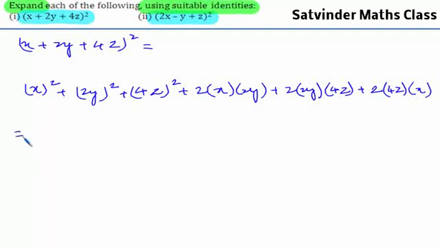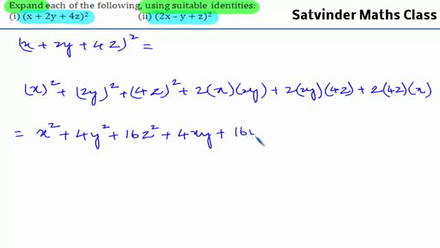Upon simplifying this, we will get x² plus 4y² plus 16z² plus 2 2's is 4, therefore 4xy, plus 2 2's is 4, 4 and 4's is 16,